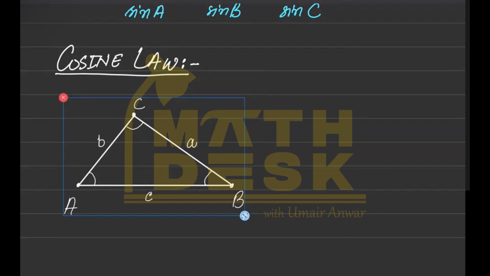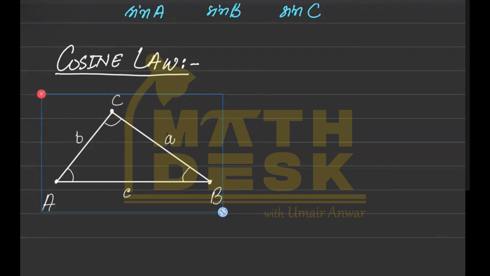We have the same standard triangle, which is not a right angle triangle. So we want to write how can we write the cosine law for this triangle. So first I'm writing where the angle is the subject of the formula. So if I want to write the formula of cosine law for cos of angle A, then it would be